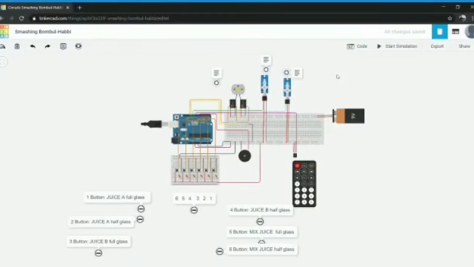The first part is the introduction. The various components used for the simulation are two servo motors that will act as dispenser taps, one DC motor which will move the platform, one buzzer, one IR sensor, 6 push buttons, 6 resistors, 2 breadboards, a 9-volt battery, Arduino Uno R3, and a relay for the DC motor.